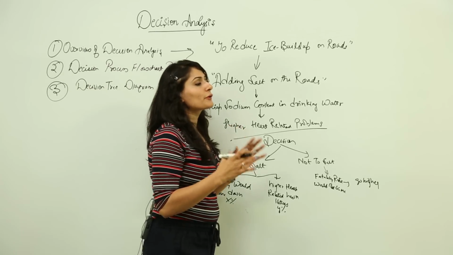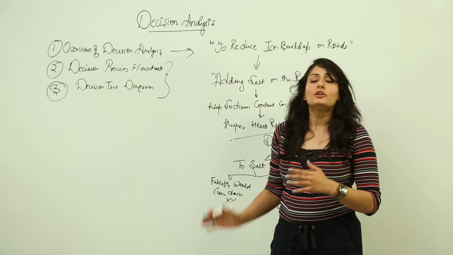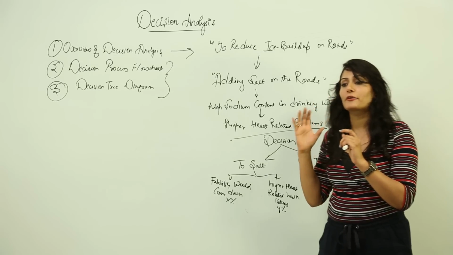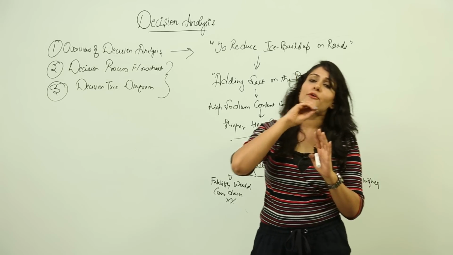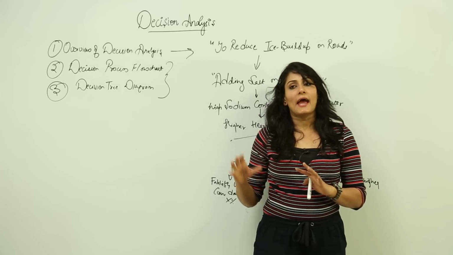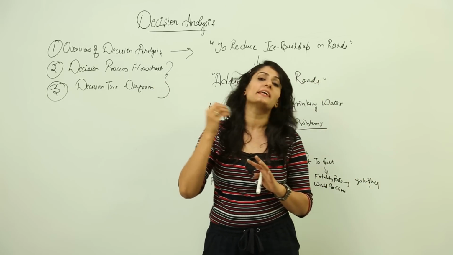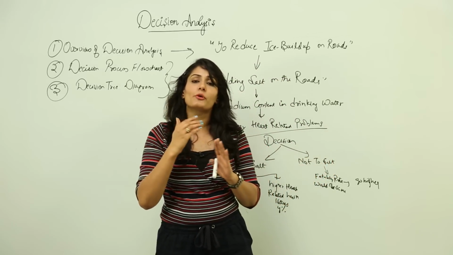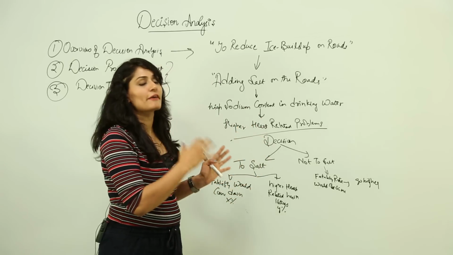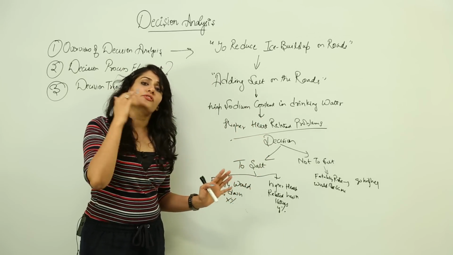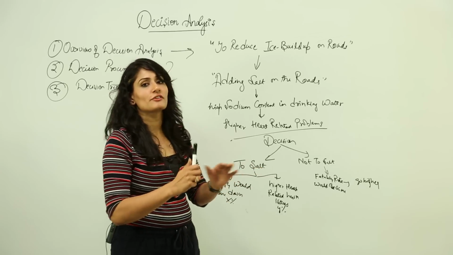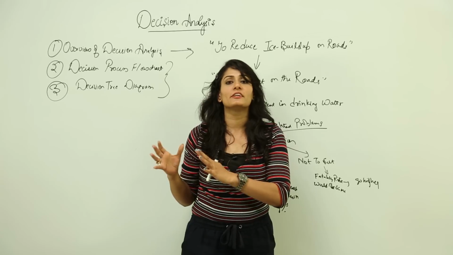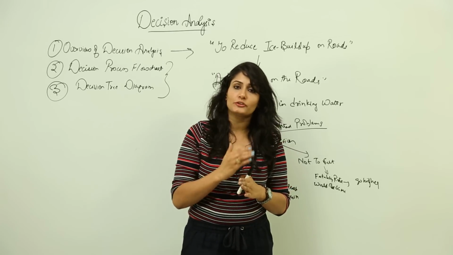So basically why I have given you this example is that you should understand that by using this technique, decision analysis, we are trying to take a problem, figure out the various outcomes, and then figure out the probabilities of their occurrence, and on the basis of all this we have to take one decision which will be beneficial for the overall health and safety of the people of this state. In the same way, if you take such structured decisions in your business, this technique would really help you to find out that one particular decision which would be beneficial for your plan and your business.